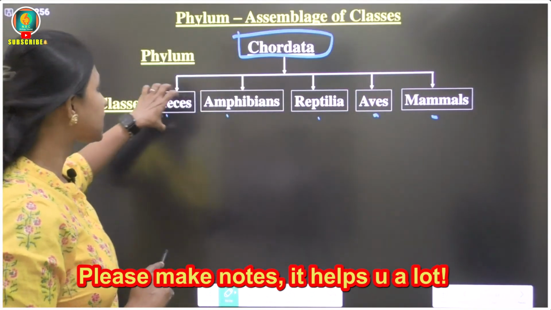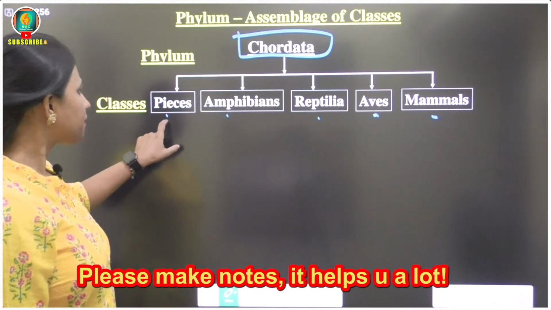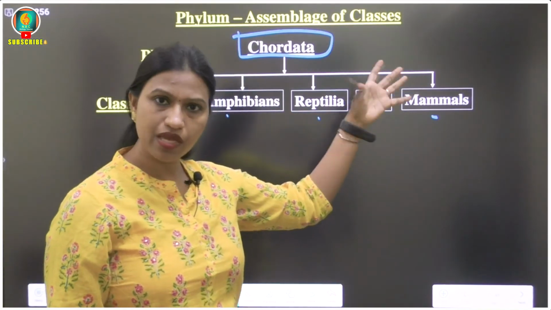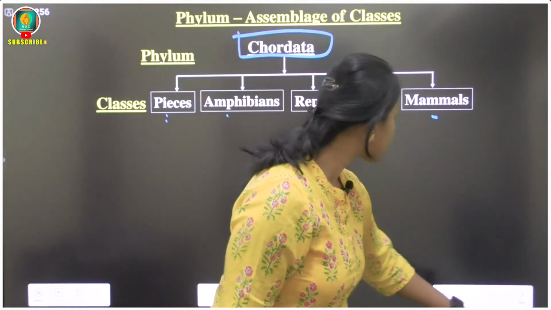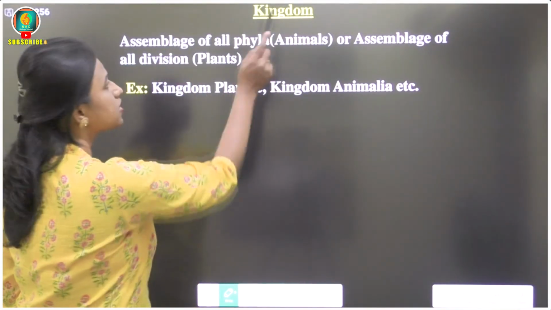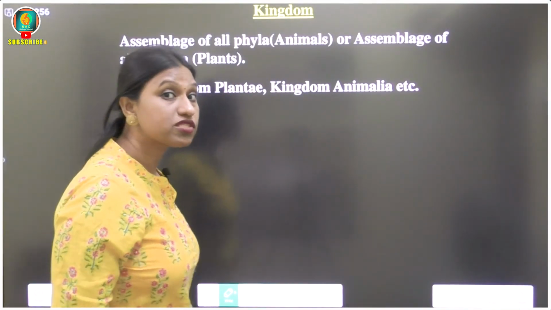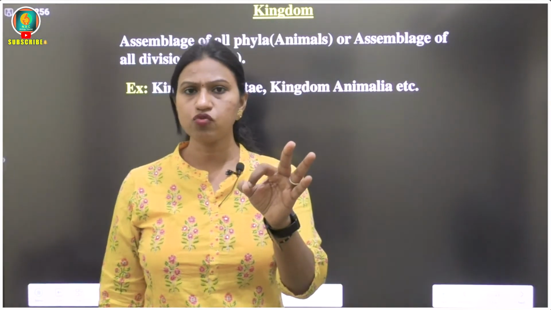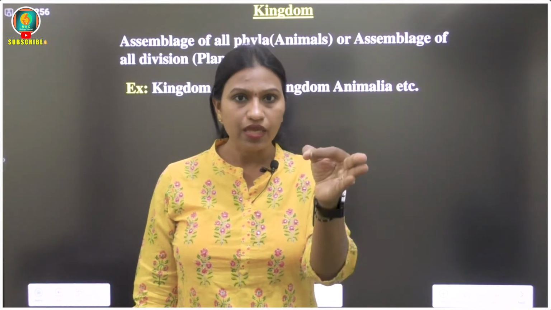Now, all these are animals, they are not plants. Correct? Pisces belong to fishes. Amphibians like a frog, reptiles, everybody are animals only. Therefore, we kept them in a large kingdom called Animalia. Suppose they are plants, either algae, bryophyte, pteridophyte, whatever, they have a green color. They can prepare their food. Let us keep them in a kingdom called Plantae. So like that,